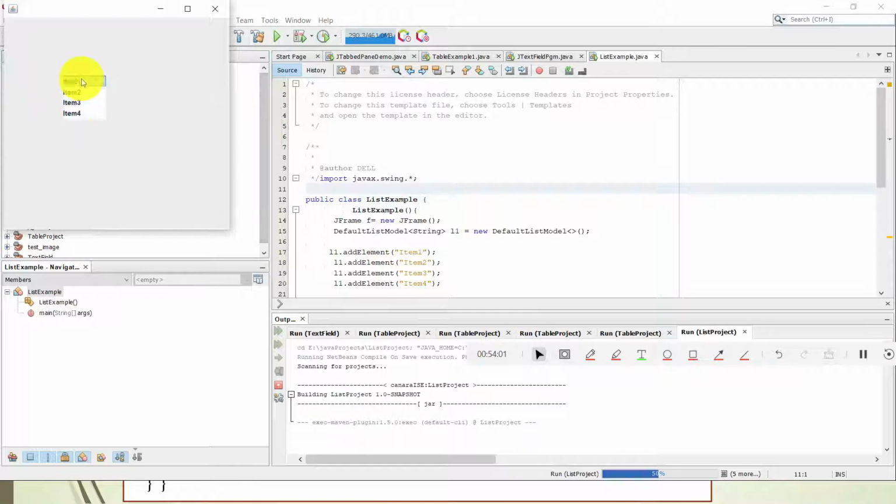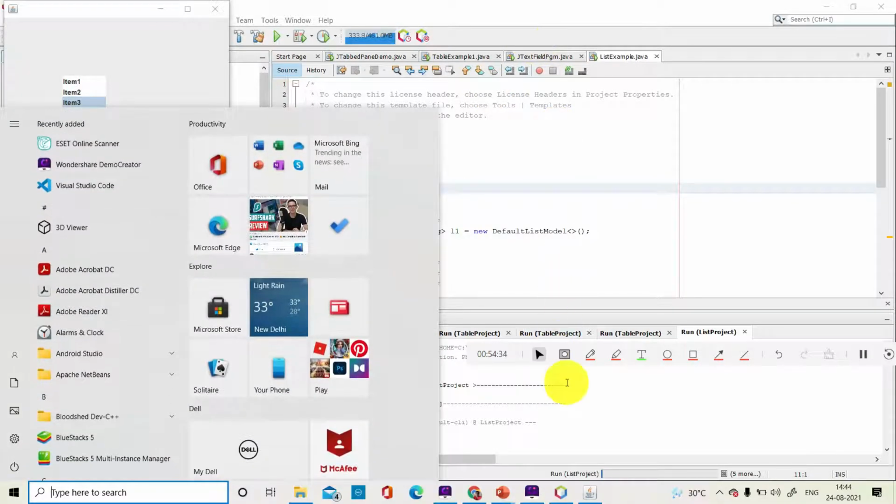So this is a list, students, and you can select here. But no action is happening on any of these. Why? Because I have not mentioned the action, students. In yesterday's program I had mentioned the action. If you add the action, then the program will be big. Our purpose in all of these programs is just to show you how to create a button, the list or the table, but not to show the action. You can put any action you want, like displaying a message or anything else, when you are developing a project.